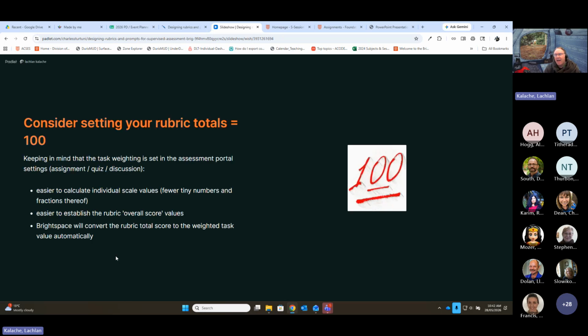First one, a lot of people are moving across to this idea of the fact that the rubric itself, the scores that go into a quantifiable rubric, do not have to be the same as the task weighting. Brightspace and the rubric tool will convert that total automatically to whatever your task weighting is in the assessment portal. This becomes important because when people are dealing with tiny, tiny numbers, fractions of numbers and decimals, etc., because this